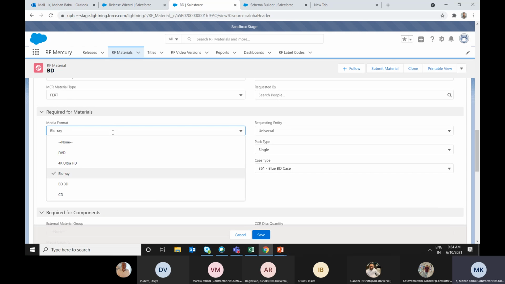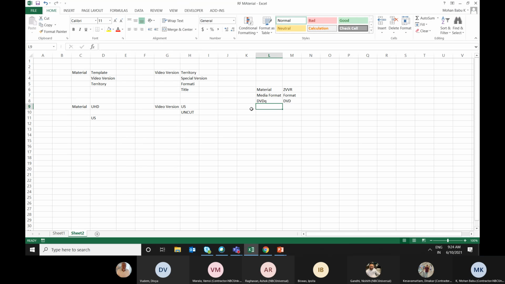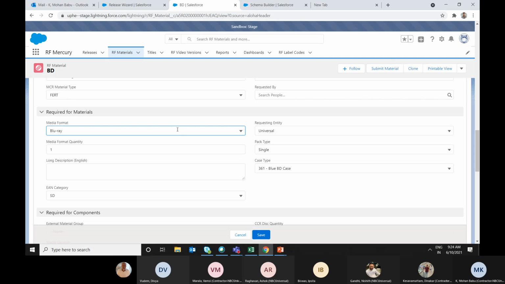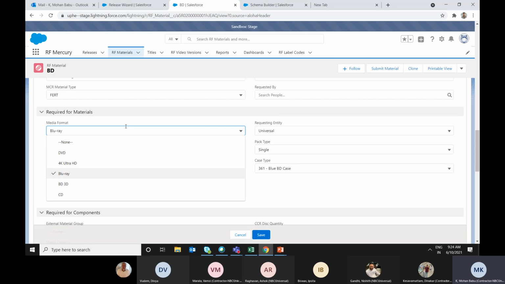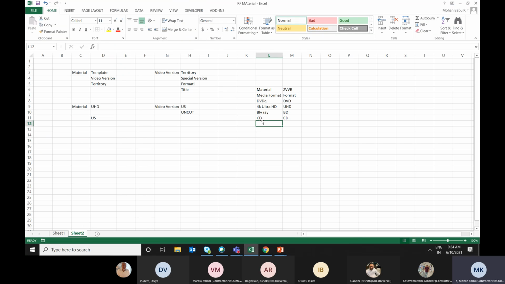What else is here? Yeah, 4K Ultra HD. If the media format is 4K Ultra HD, then here we have UHD. And Blu-ray means BD, and CD means again CD. What else do we have here? 3D BD. 3D BD means 3D BD. This is the mapping we are doing, and this is how the format is being taken from the template